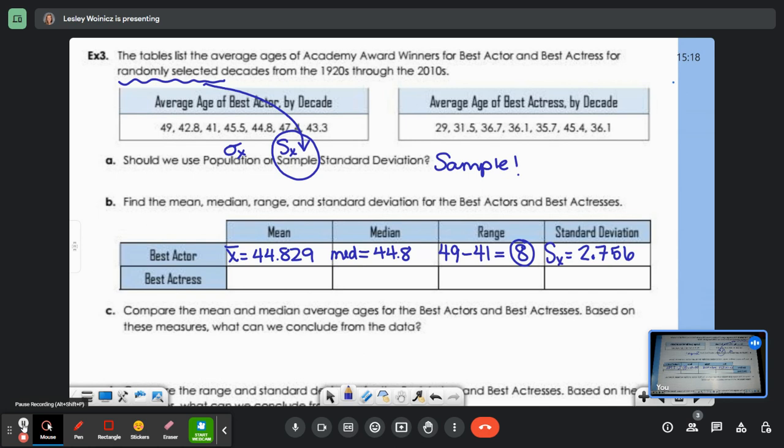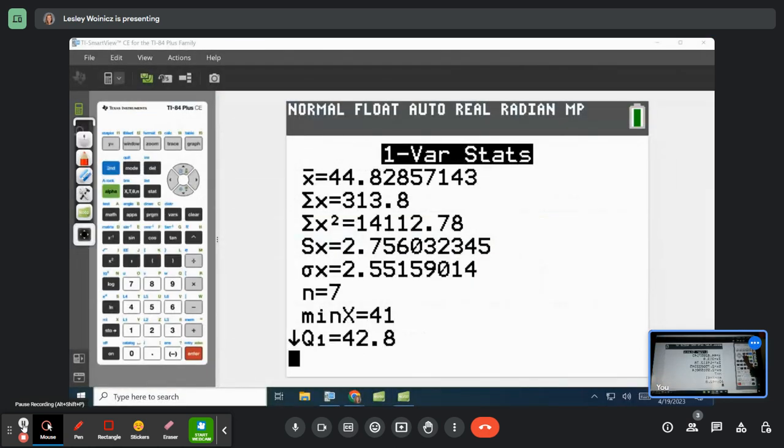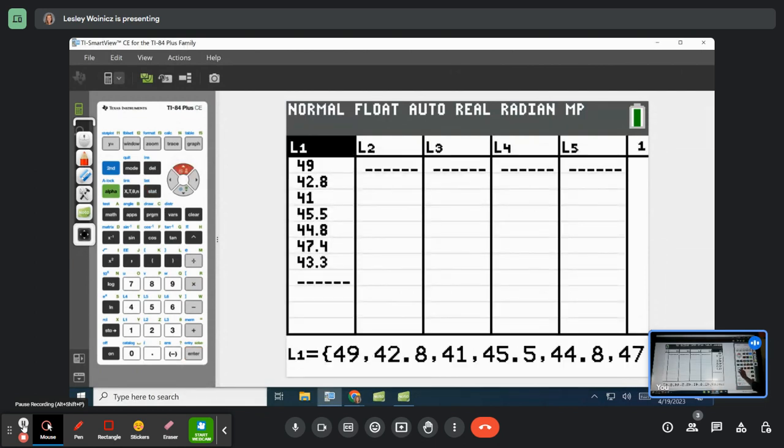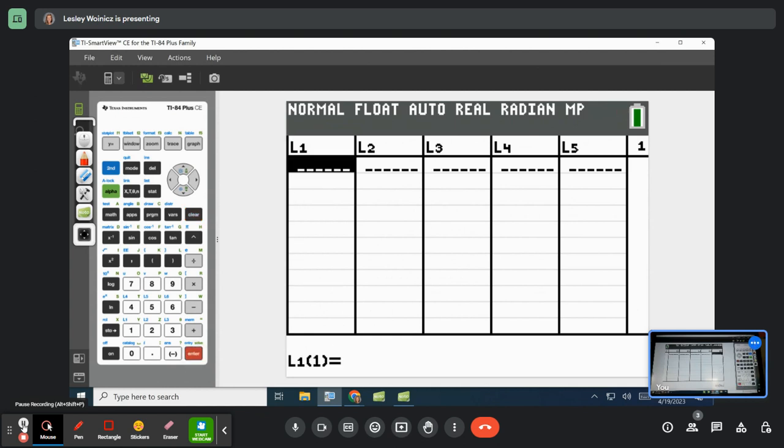Okay, best actresses. Okay, stat, edit, clear your list. Go up to the list name, clear, enter. Okay, I got 29, 31.5, 36.7, 36.1,